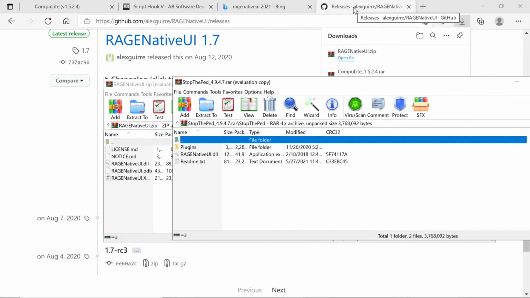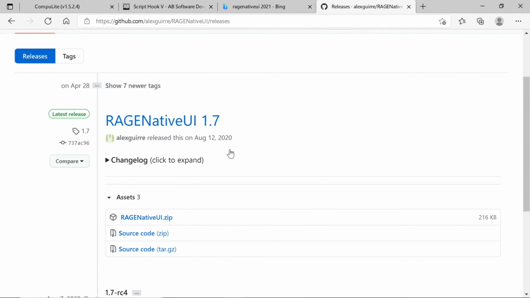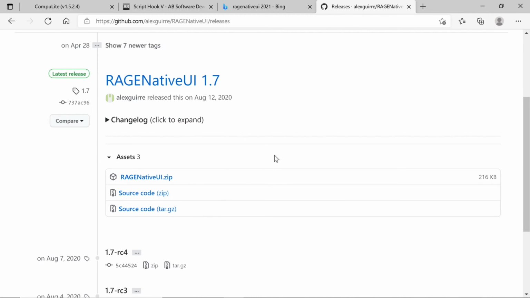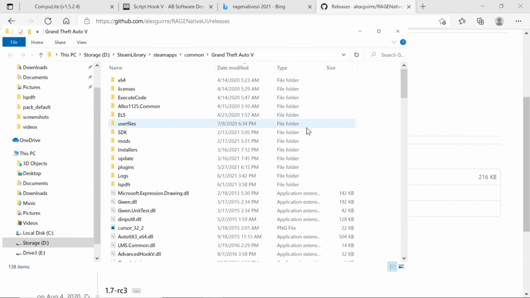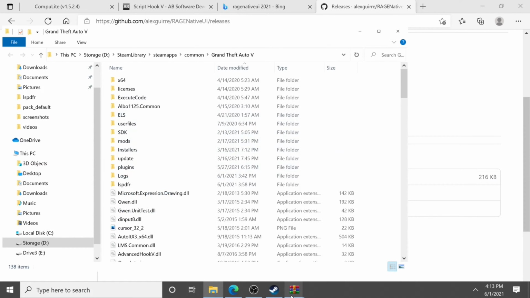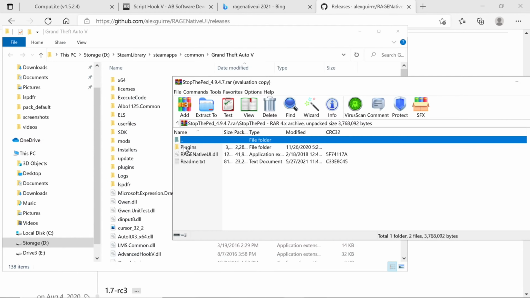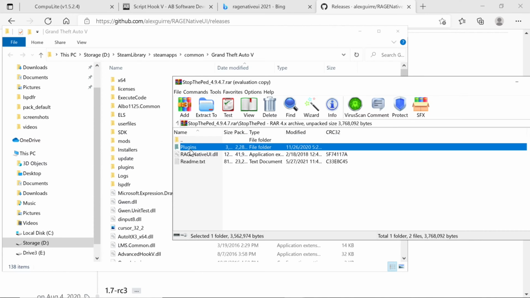I'll make sure I leave this link in the description for you guys, so you download the most updated Rage Native UI. I don't want you using an old one because that could cause problems with your GTA 5. So what we're going to do is go back to our GTA 5 main directory, and we're going to go to Stop the Ped and take the plugins folder. Don't take the Rage Native UI because it's out of date. I wish he would just update that in his download, but we're just going to take the plugins folder,